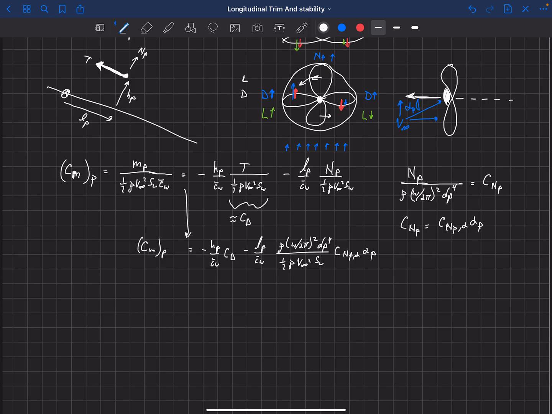Okay, so a couple more steps we want to take. One of those is the introduction of something called an advance ratio. An advance ratio is usually given the symbol J, and it's a ratio of the forward velocity of a propeller to the angular velocity of a propeller. That's defined as 2 pi v infinity over omega times the diameter of the propeller. We usually like to look at these things in terms of advance ratio. All this stuff in here we're going to rewrite in terms of advance ratio.